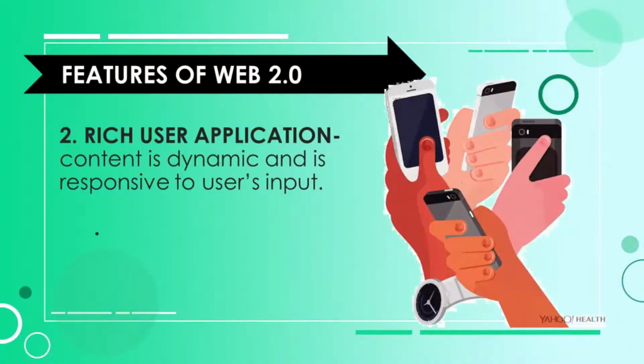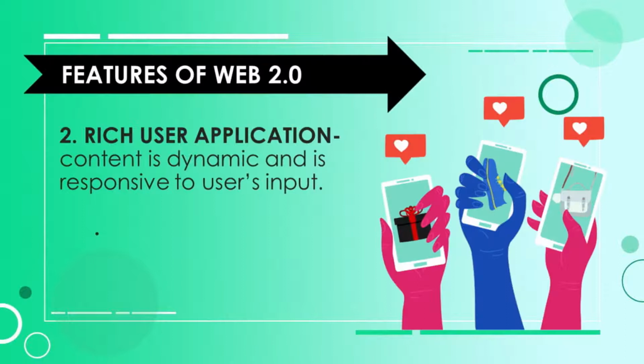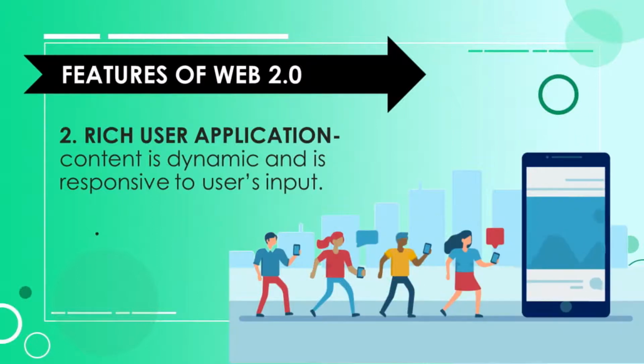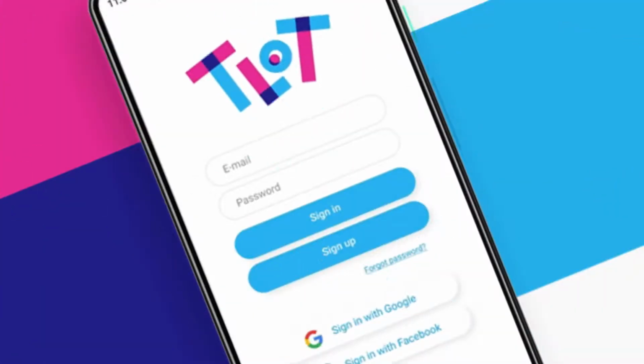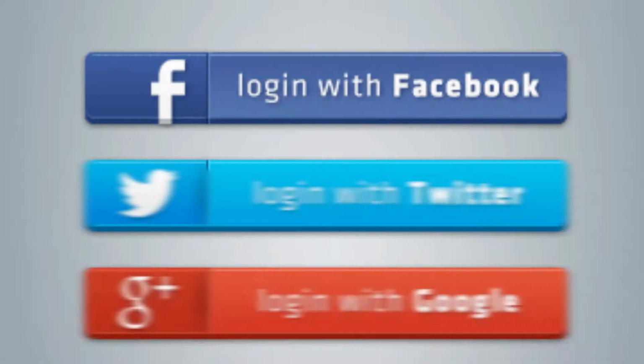Second is rich user application. The content is dynamic and is responsive to users' input. An example would be the website that shows local content. In the case of social networking sites, when you log on, your account is used to modify what you see in their website. Tulad ng Facebook halimbawa, when you log into www.facebook.com, you can create a profile and edit your